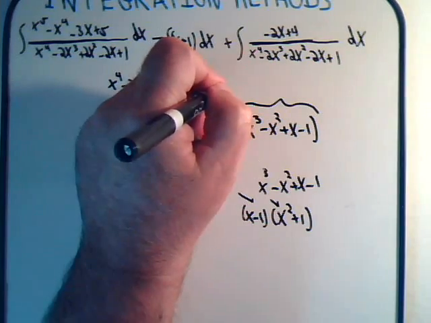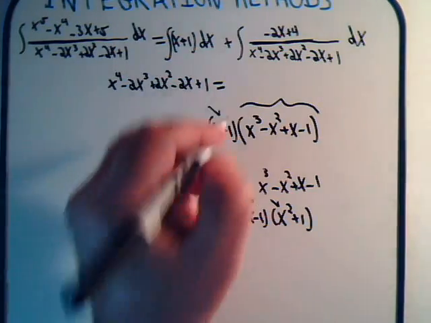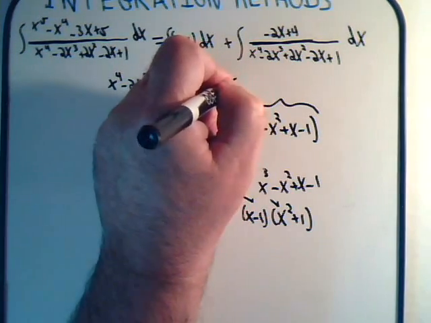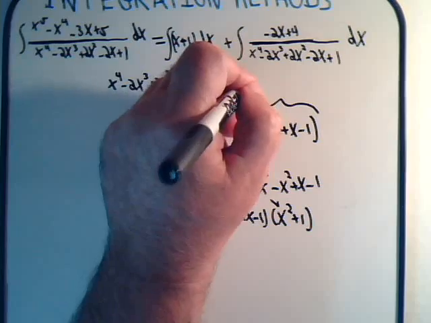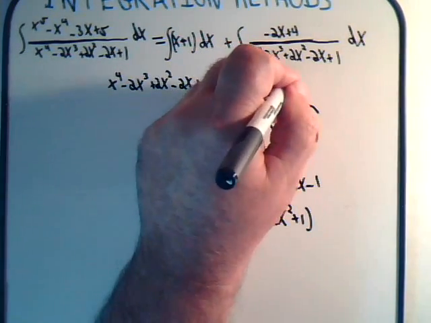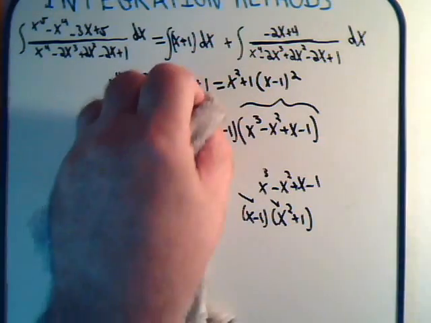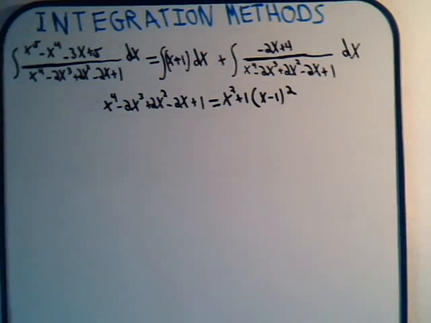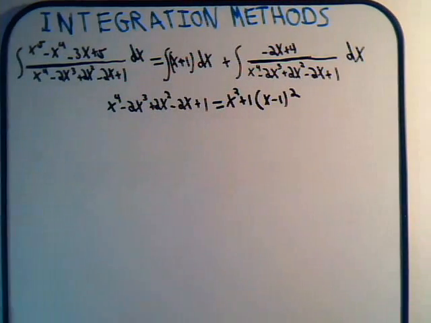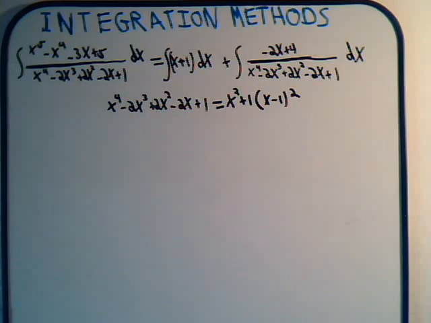So this is equal to x squared plus 1 times x minus 1 squared, times x minus 1 quantity squared. Okay, well that's encouraging, because now what we can do is, for this integral here,